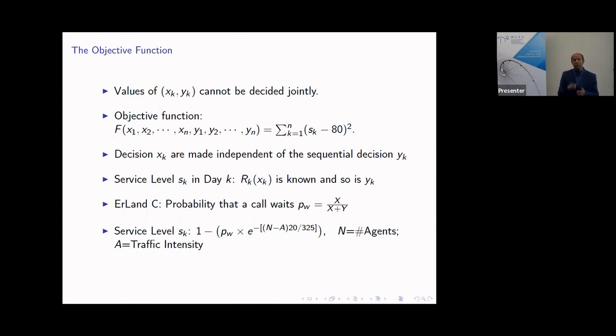And then 325 is... calls are coming to the call center, and some calls are quickly resolved, and some calls take longer. And then 325 seconds is the average time per call that the agent is spending. So those are the parts of this formula, and n is the number of agents sitting in the call center, and a is the traffic intensity that you can also calculate given that information, the calls coming, and things like that. And that is the service level calculation there. And this is quite a standard.